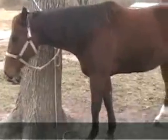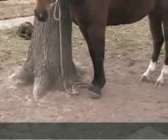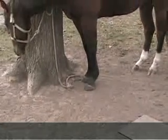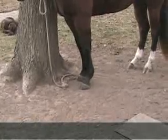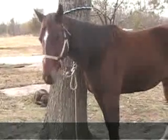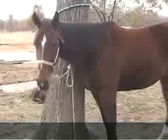What I want to show y'all today is what's called a toe callus. But what I'm going to show you on this horse is how I built his hooves up and how he has a callus. You'll be able to clearly see it, a callus, almost all the way around on his feet, his hooves. Now, Valor is a 3-year-old grandson of Bugs Live, and he's a quarter horse, a registered quarter horse,